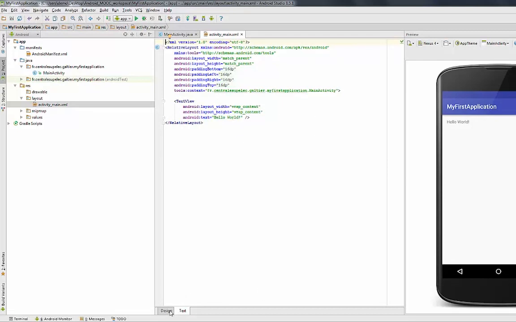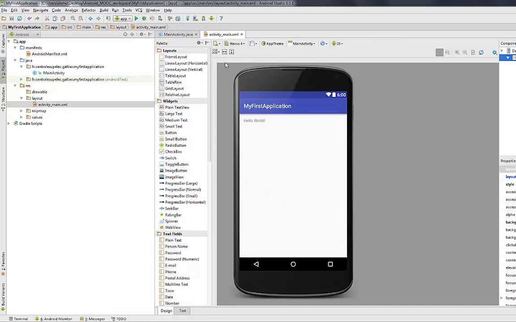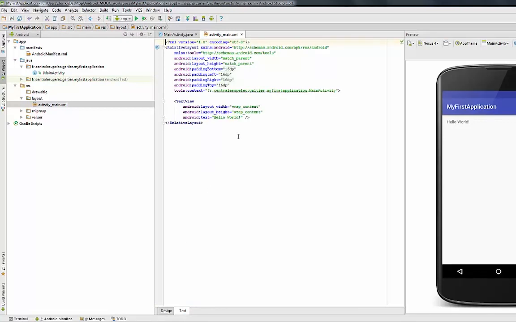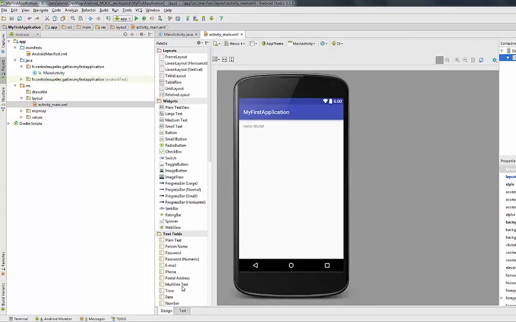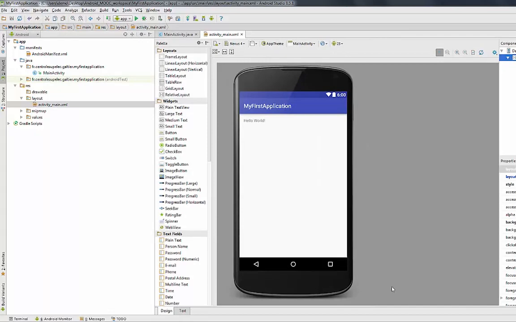And if we come back to the Design tab, we display the screen of the application. It is possible to modify the user interface of the application directly by modifying the activity main file or by using the designer tools of Android Studio.